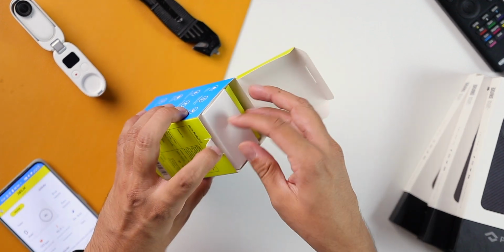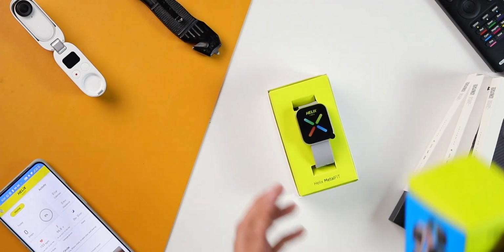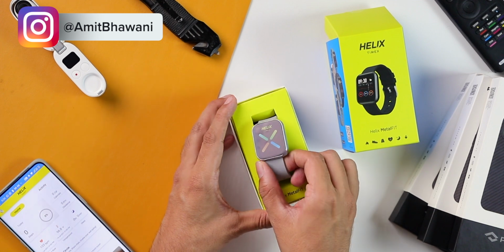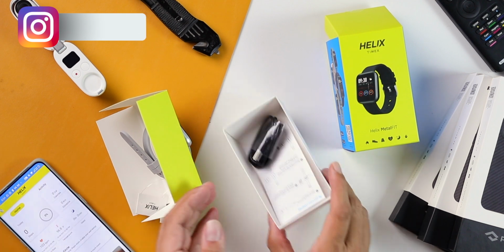So let us quickly open this up and take a look at the product. So first thing first, once we open up the box, we have the smartwatch here itself, and it comes with a dummy sticker. And I'll just place it on the side for a moment and take a look at the